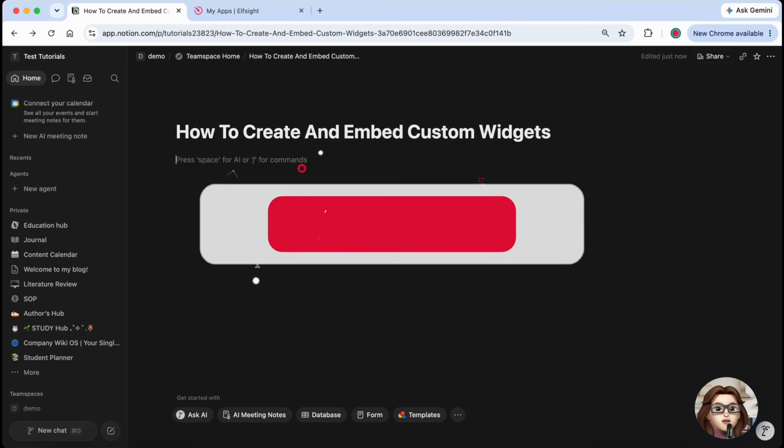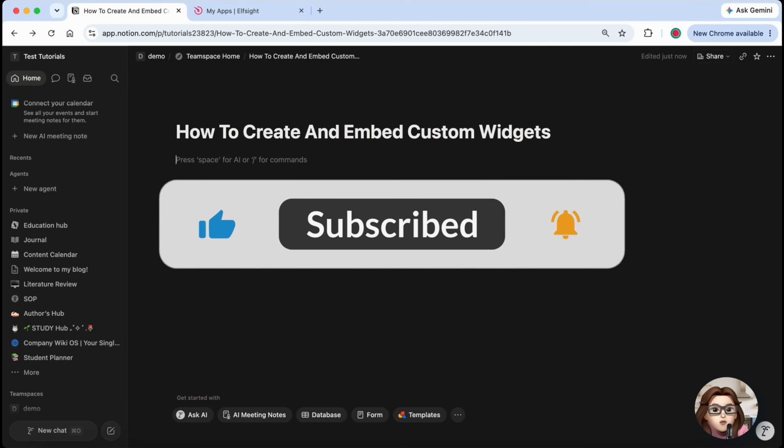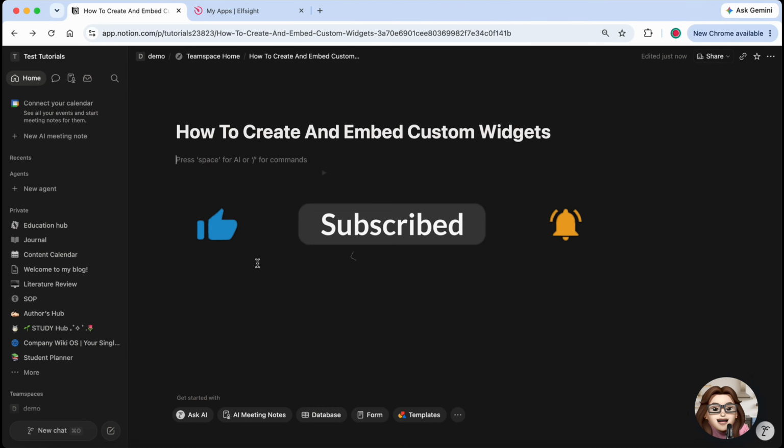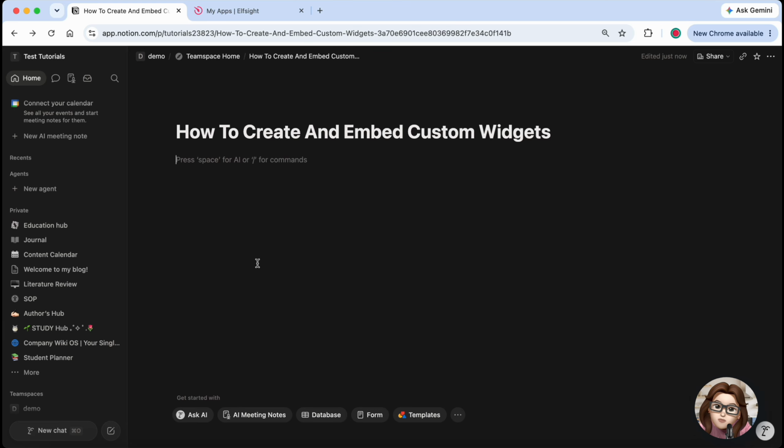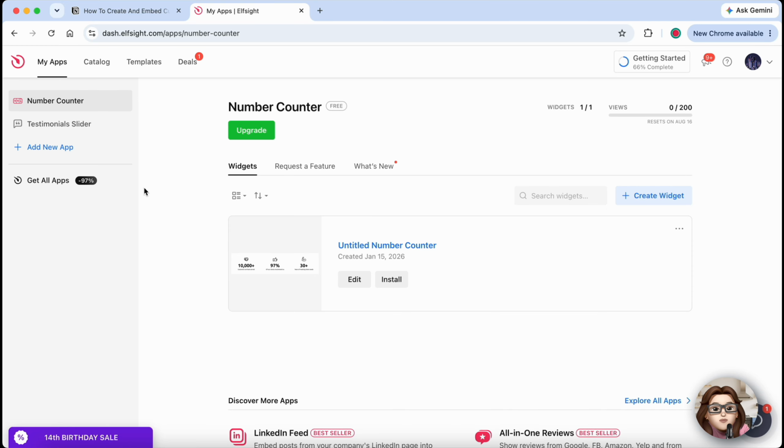In this tutorial, I'll show you how to create and embed custom widgets in Notion. You can use widgets like charts, clocks, calendars, or other interactive tools to make your workspace more useful. Let's get started. Choose the widget you want to embed from a website that provides embeddable widgets such as a